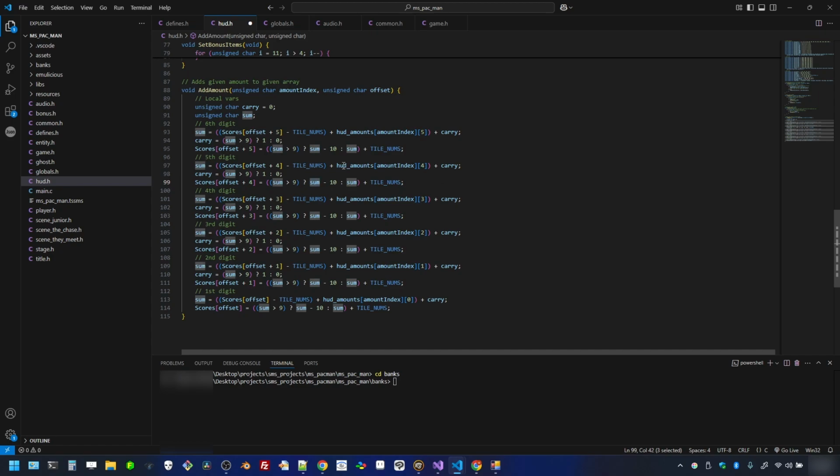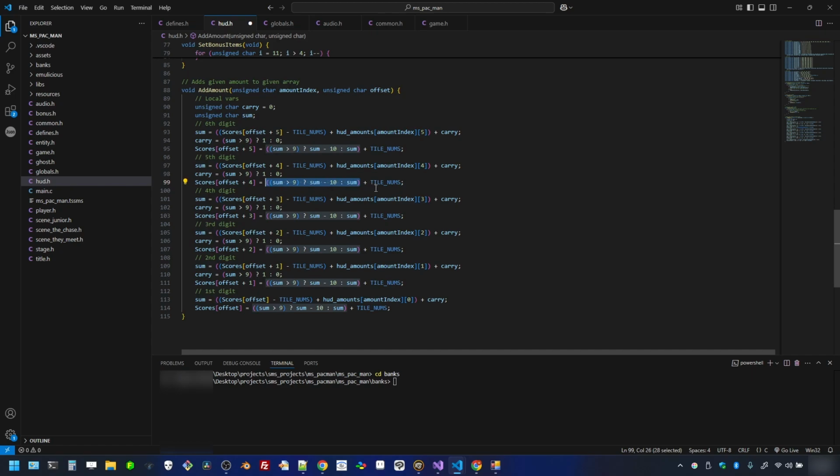So we want to subtract 10 from it so we can get the correct tile ID based off of this. So this is a conditional on itself. Here we're just checking if we need to have the sum that's there, or if you need to subtract 10 so we can get a 9 out of this. So say for instance the sum is 10, or the sum is greater than 9, it might be a 0 for that place, or it might be that that sum is a 9 or something of that nature. So you just want to get that,